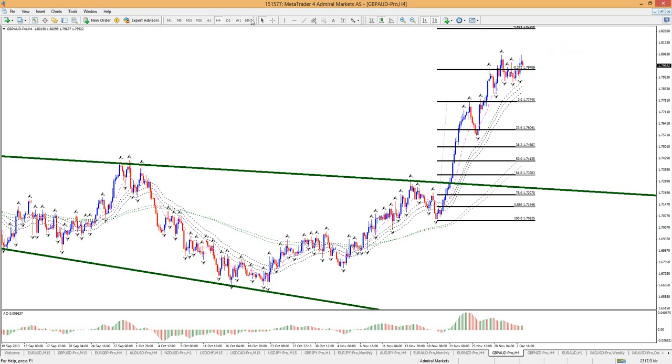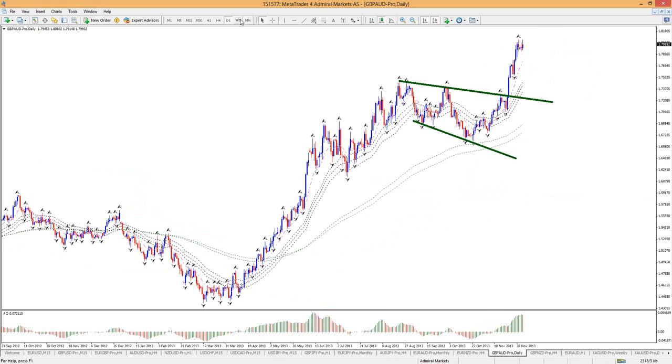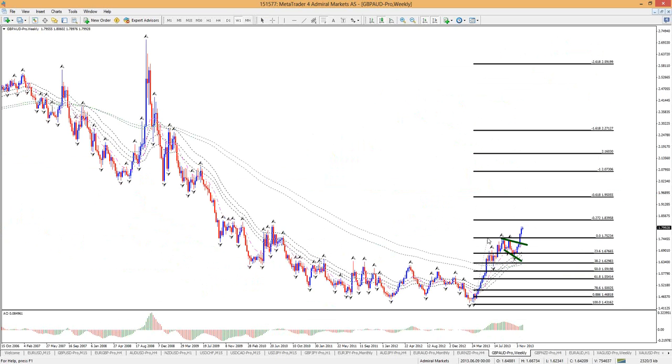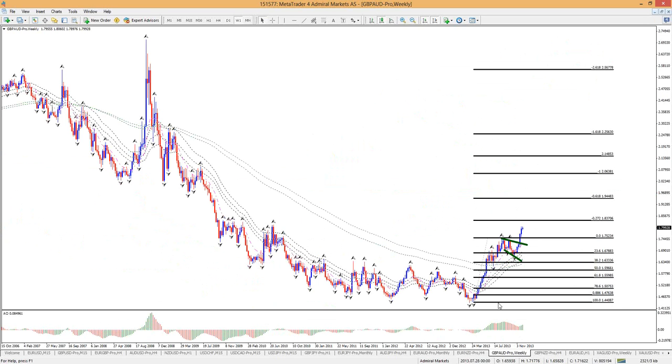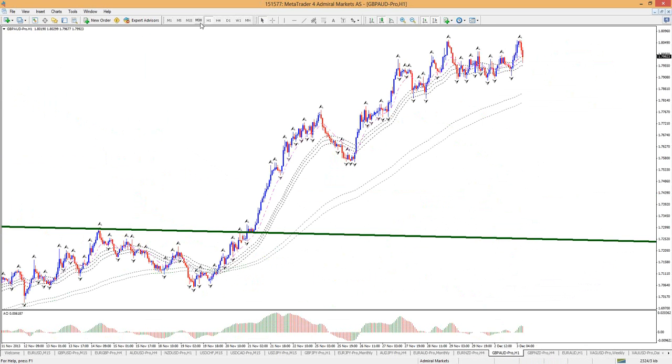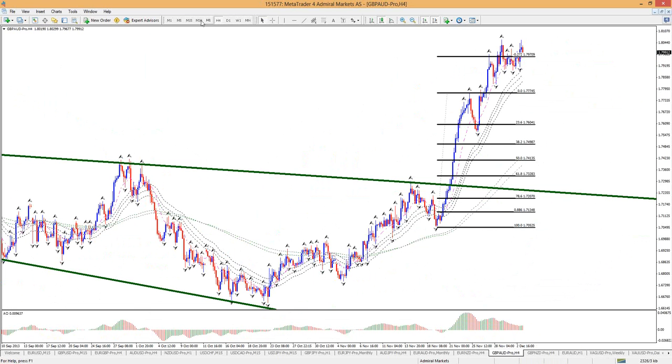But the final target was, how much was it? Let me take a look. Oh, I took the fib away. Not the final target, but at least the target that we could expect at minimum would be 183.70. But it could be more. Let's see. Yeah, I think that's actually from the pound on.